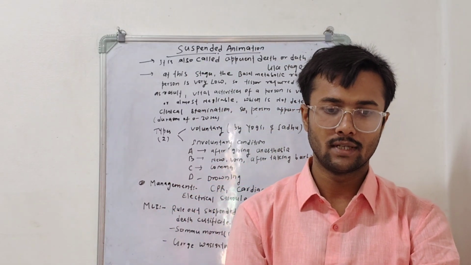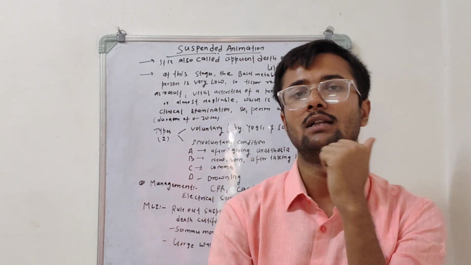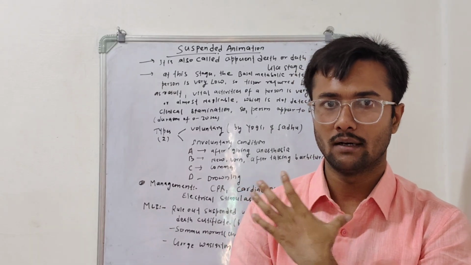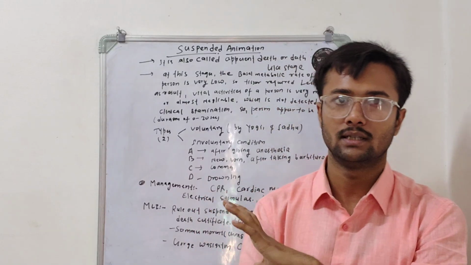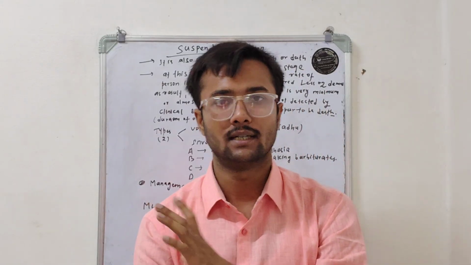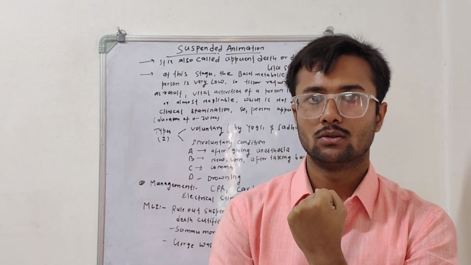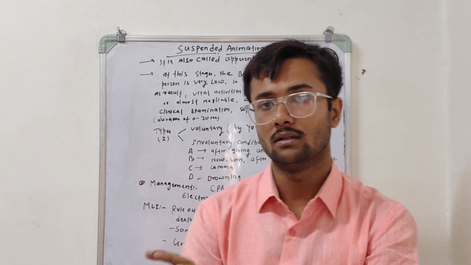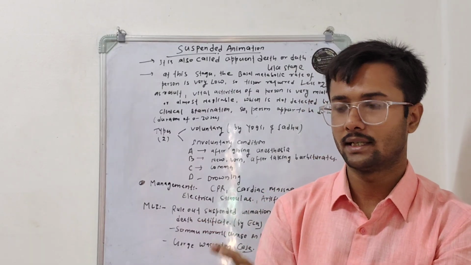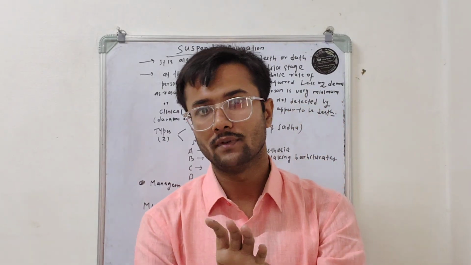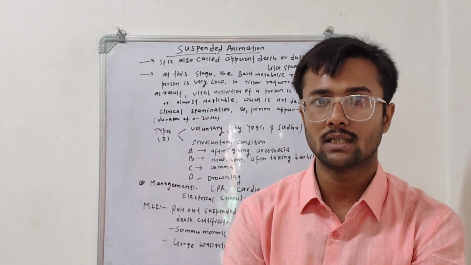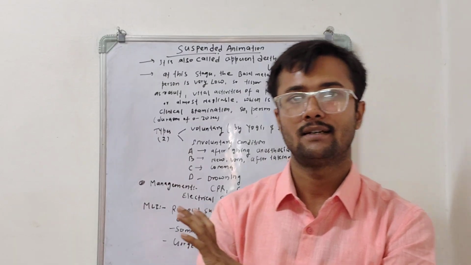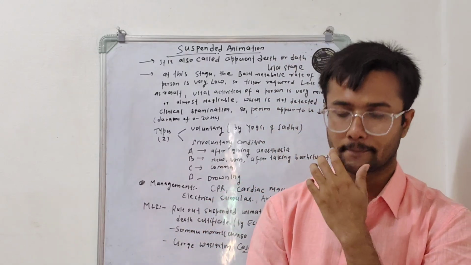Voluntary means sometimes, in sadhu and yogi persons, they have control over their heart rate and respiratory rate. They control their heart or breath rate by using yoga. So they gain the capacity to reduce their basal metabolic rate to a minimum level. When any person voluntarily reduces their vital activities to the minimum level, it is called voluntary suspended animation.